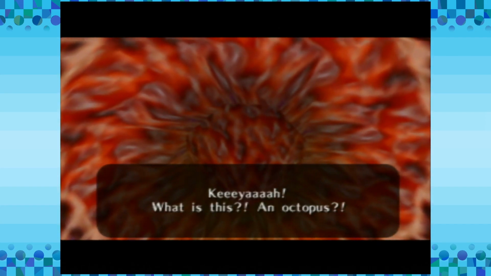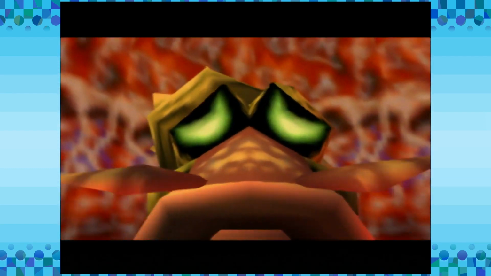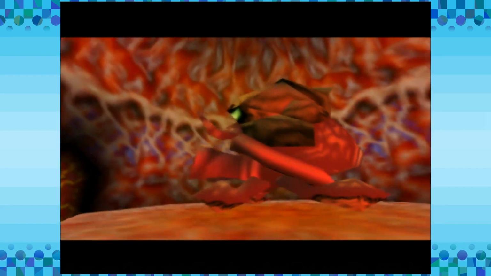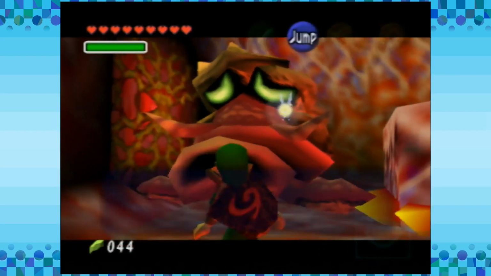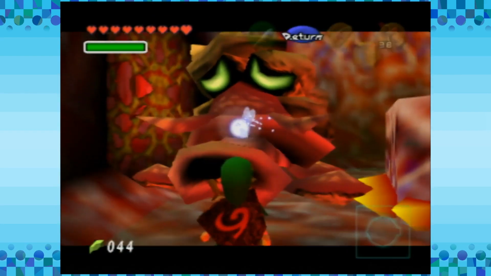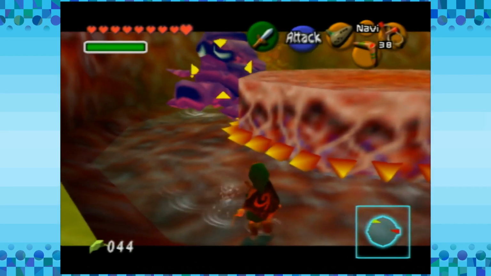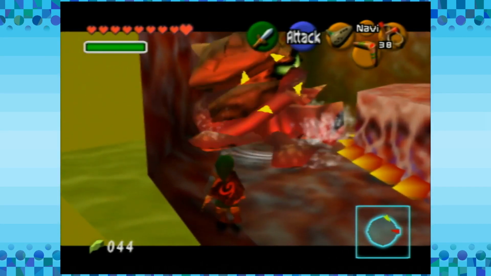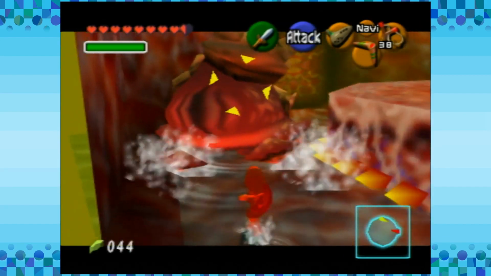What is this, an octopus? This mini-boss, it's just a pain in the ass. This is the Big Octo. You attack it from behind. Thankfully, you hit it with your boomerang to stun it, and you need to hit its ass. And by the way, anytime it hits you,